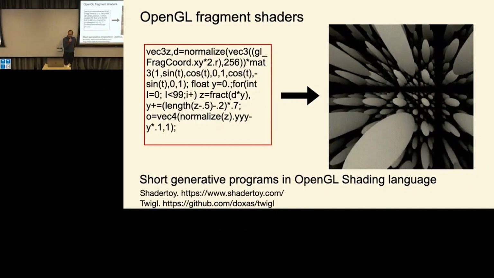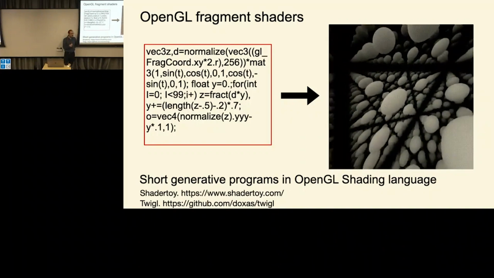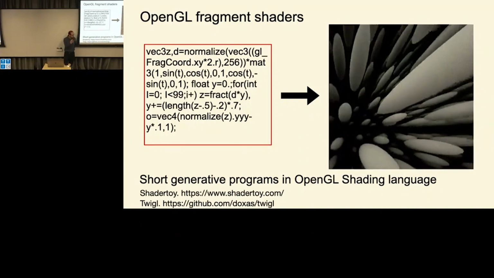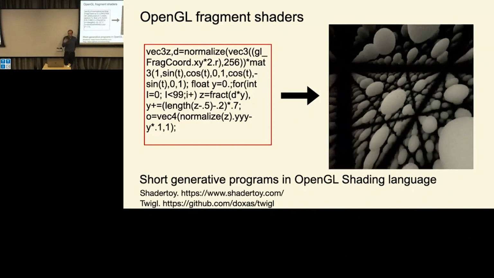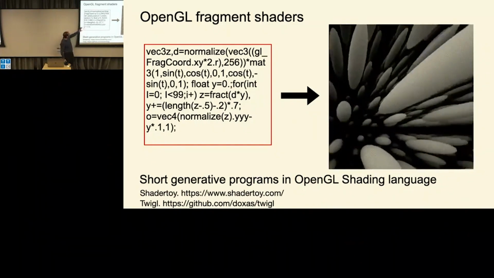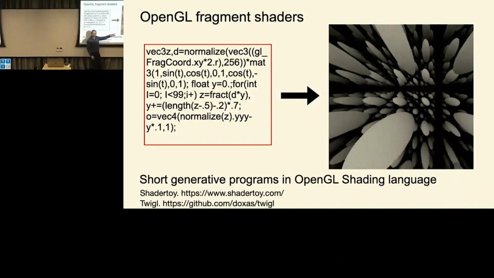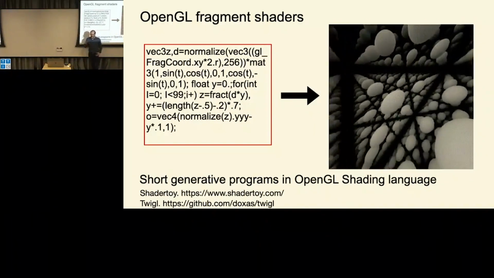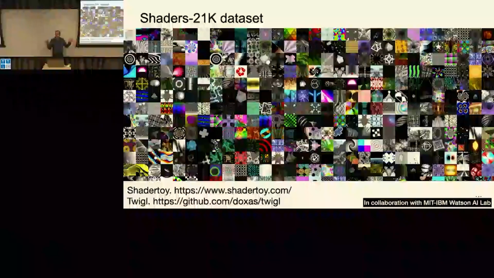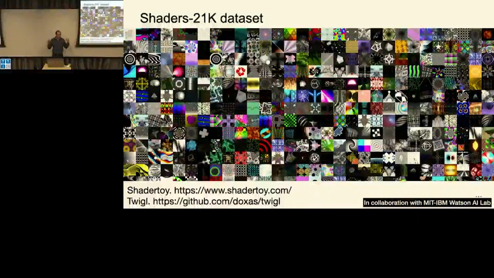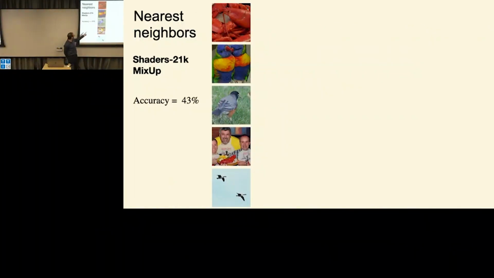Well, there is a big community of people that have been creating what are called shaders, which are very small pieces of code that render images, generative processes that create images that are quite interesting. So here is one of them. This is the whole code, and it generates things that look like this. This starts looking a little bit like dead leaves with more sophistication. So one of the things that we did was to collect 20,000 of those processes that generate all kinds of different patterns. Then you have a big data set, and you train with contrastive learning using this data set, and the accuracy goes quite high.